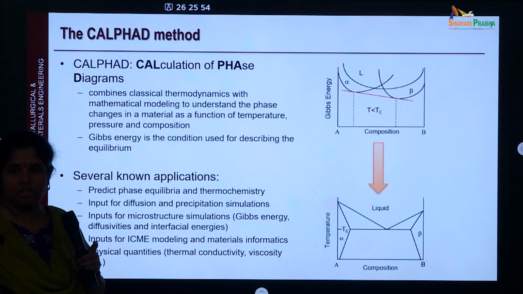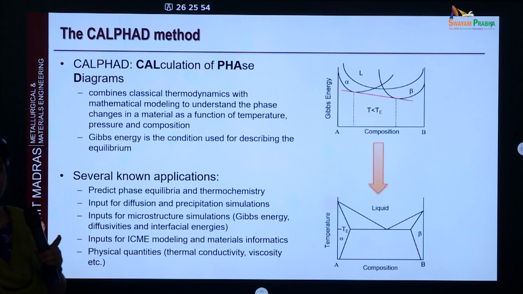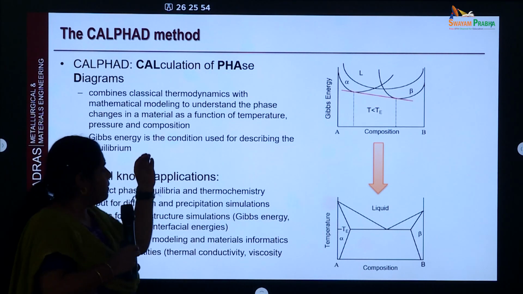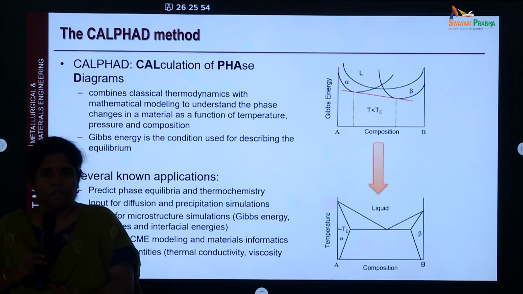If you take Helmholtz energy, it is U minus TS, right? Internal energy minus T times entropy. The Helmholtz energy is for gases because the controlling conditions are temperature, volume, and composition. For solids and liquids, it will be Gibbs energy, because you cannot control the volume there, so it's temperature, pressure, and composition. The Gibbs energy is related to enthalpy and entropy as G is equal to H minus TS. This is the very basic thing for CALPHAD, G is equal to H minus TS.